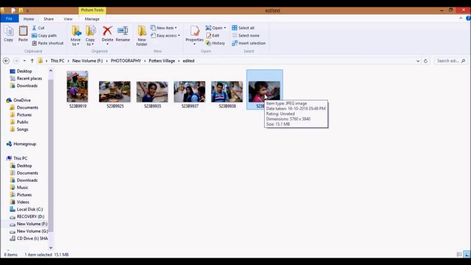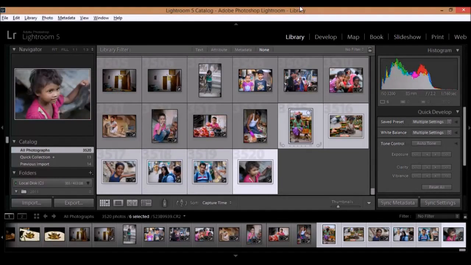If you prefer shooting in RAW format or RAW plus JPEG and you want to convert multiple raw images into JPEG, you can simply bring all the images into the Lightroom library, be it 100 or 200 images, select all those images and click on export, select the JPEG format and just click on export, and that's it. All your raw images would be converted to JPEG.